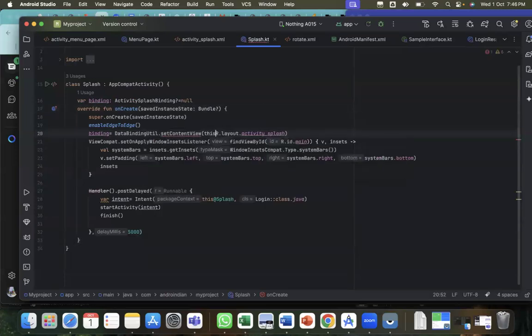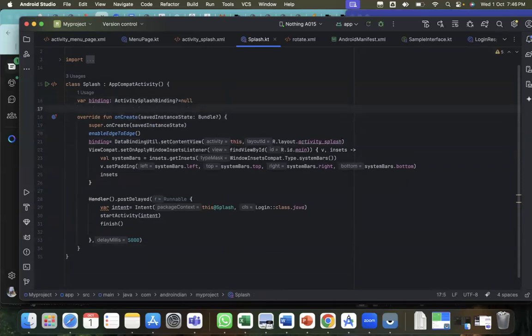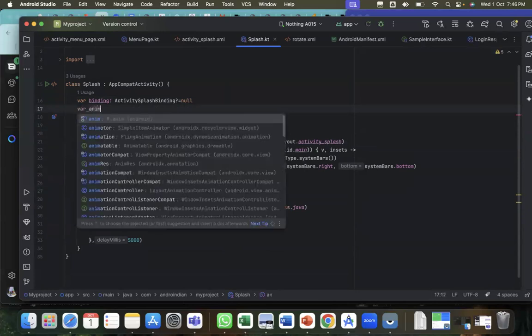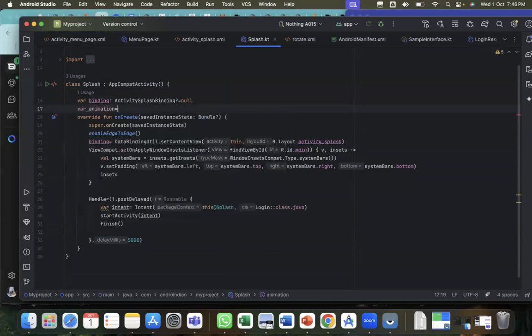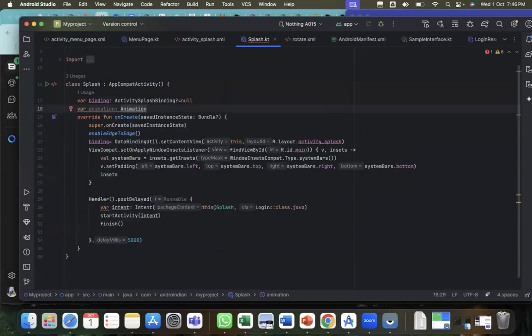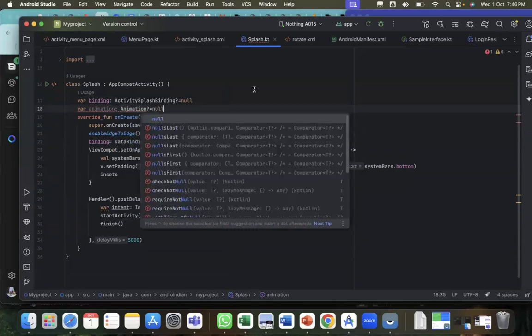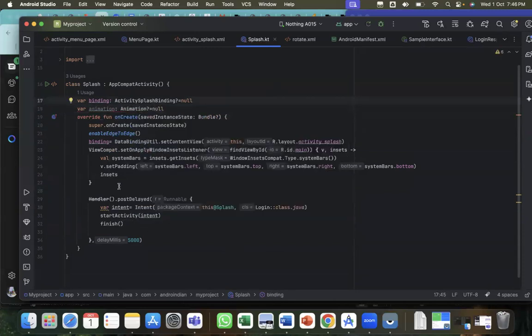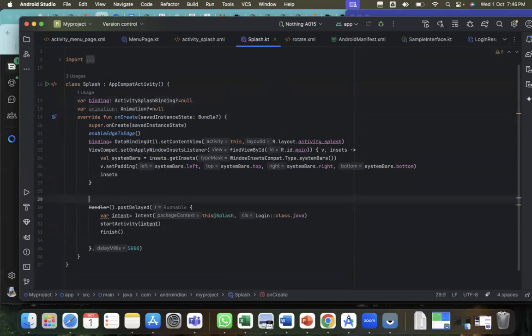So here now I'll define animation equal to, sorry, animation colon Animation. I'm just declaring the animation, initially treating that as a null value. Then here within others,